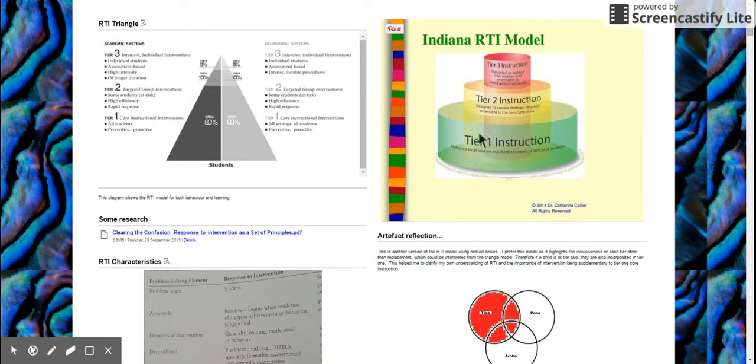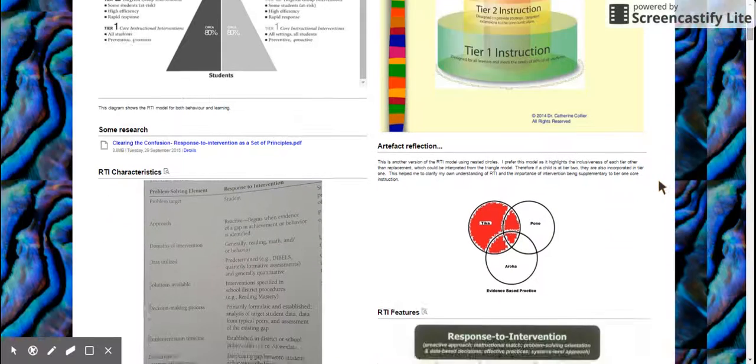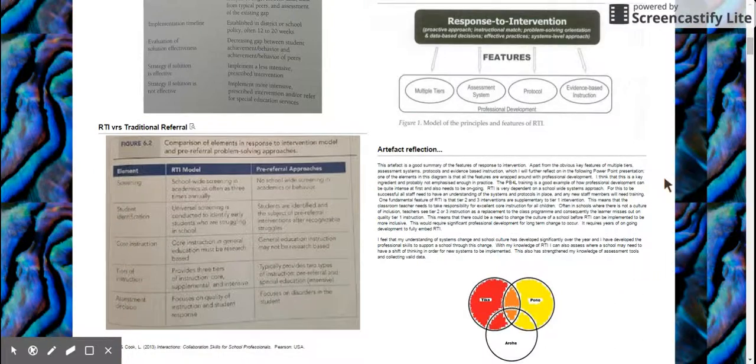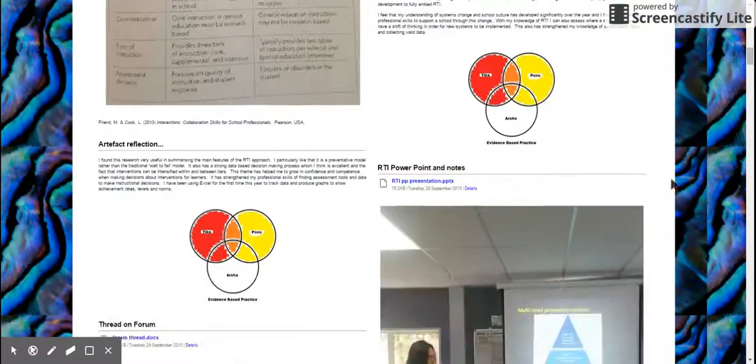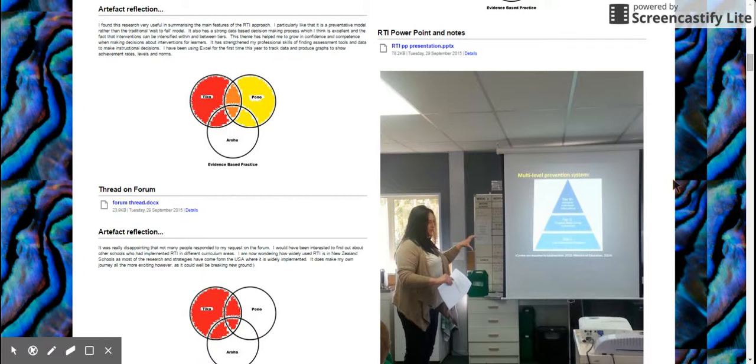some diagrams that show how the system school-wide would look. I particularly like this one because part of RTI, of course, is that if a child is at Tier 3, they're still receiving that Tier 1 instruction. So it sort of shows it a little bit easier than the old triangle. Anyway, so as we scroll down, this is a lot of my research and readings and reflections I presented as